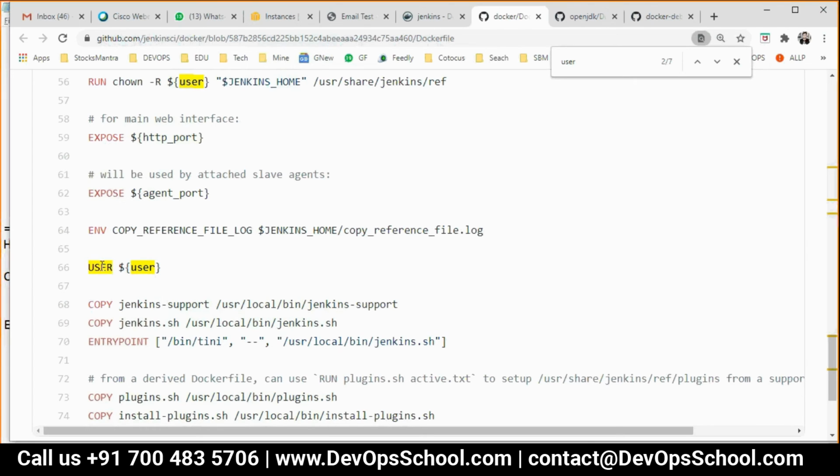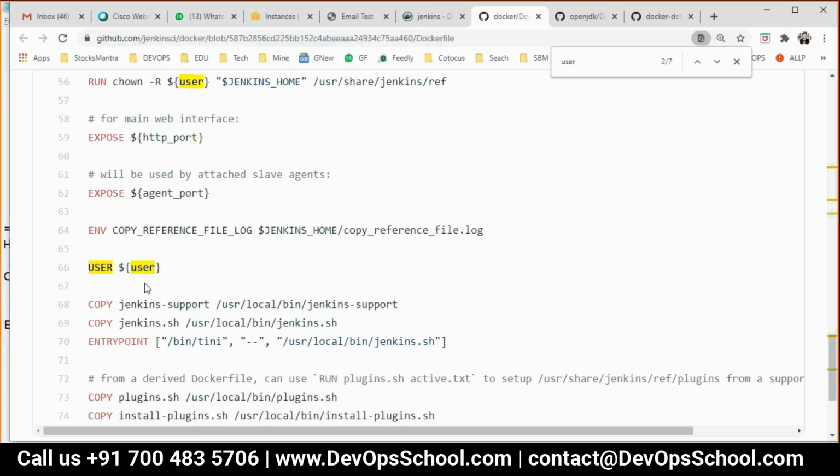Now you see guys, there is one statement which is called USER. This statement is very helpful. You want to run a container, that means an application, with which user? Jenkins user, Tomcat user, Java user, X user, Y user, root user.